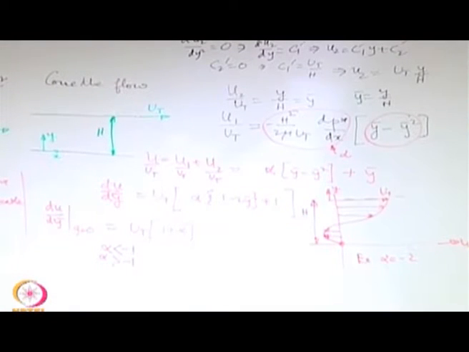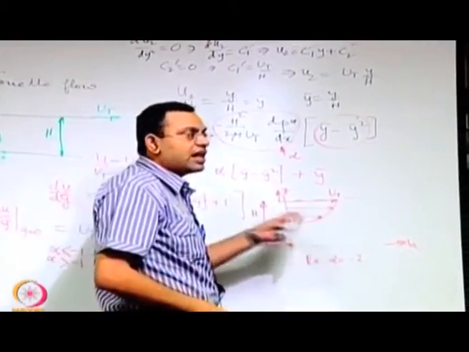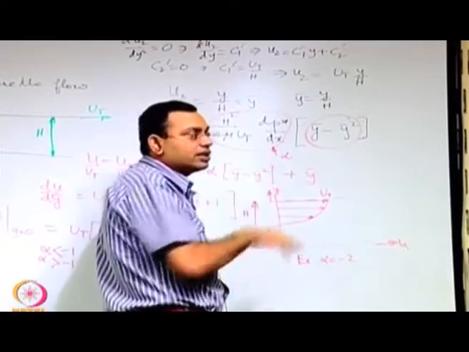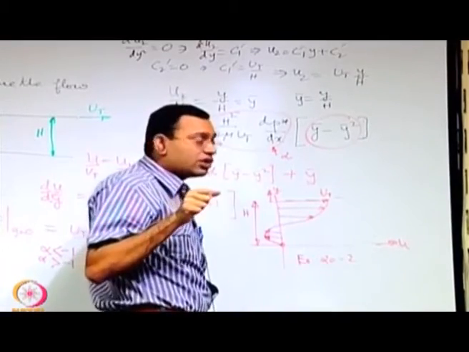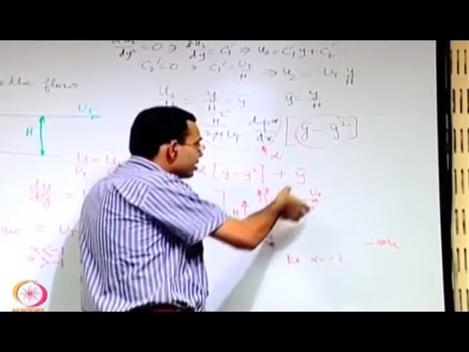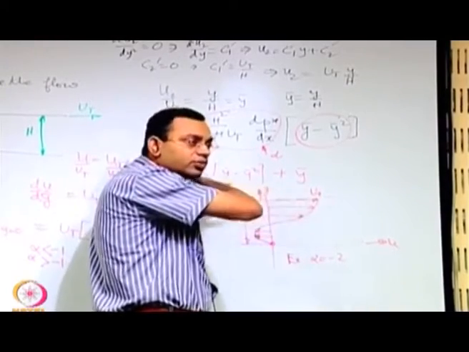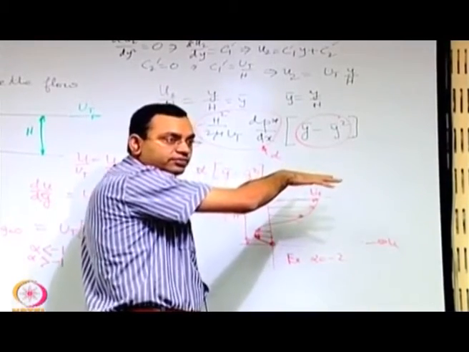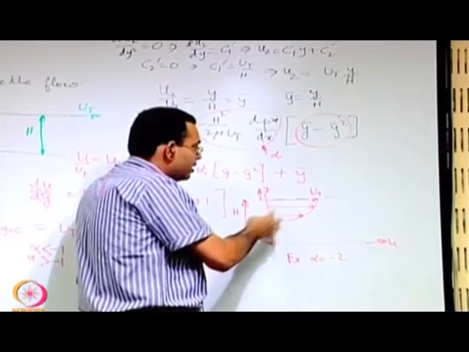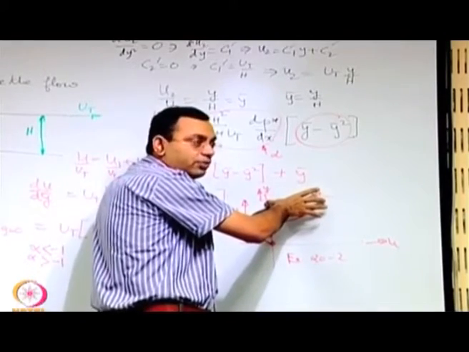So they just aid each other, but here is a case where the pressure gradient is adverse, it tries to oppose the flow, whereas the motion of the top plate tries to aid the flow. The opposition effect is strong close to the bottom plate, which is the farthest away from the location where the external induction of the motion along positive x is there. So here you see the local back flow, and as you go further and further away towards the top, the effect of the top plate will dominate.